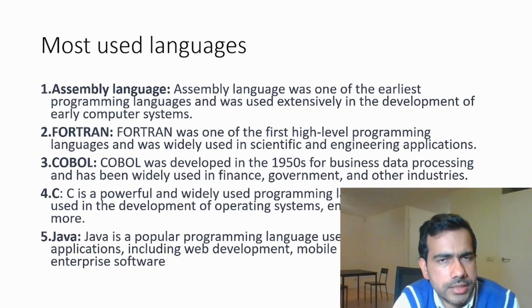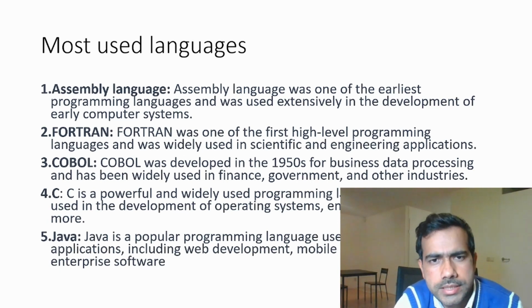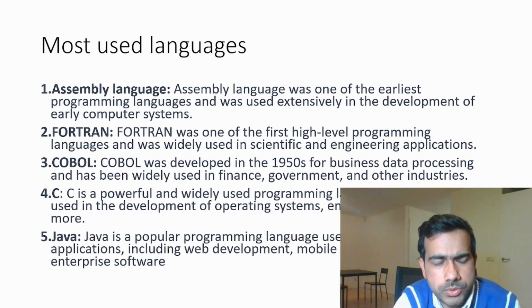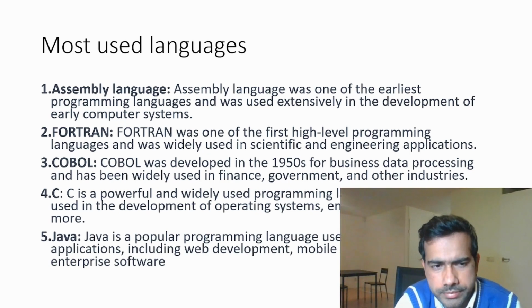You'll be surprised to know that assembly languages are still very, very popular. A lot of the code written in the 60s, 70s, and 80s was written in assembly language, and many of them are still in use. Quite a surprise, right? Fortran is still quite popular. Many software we use was written in Fortran. COBOL as well, and the IBM mainframe. Many banks still use COBOL and IBM mainframes.